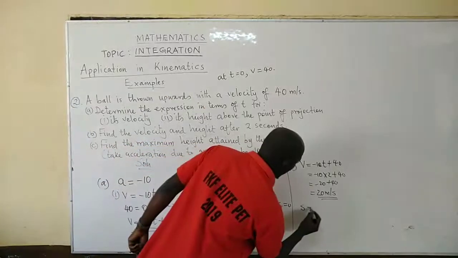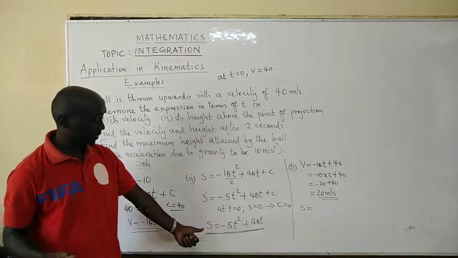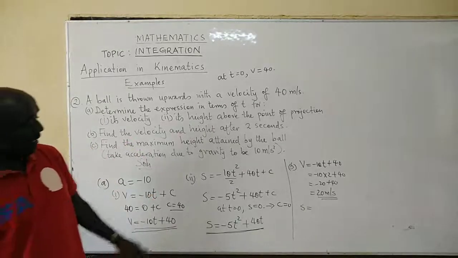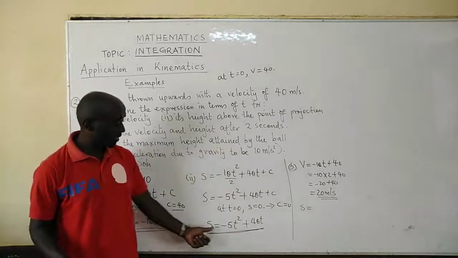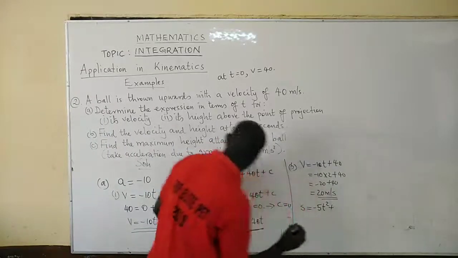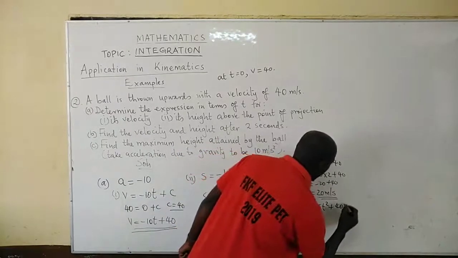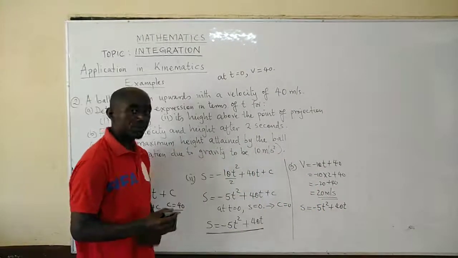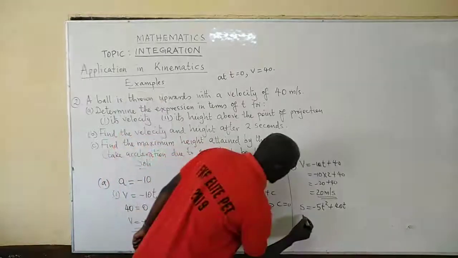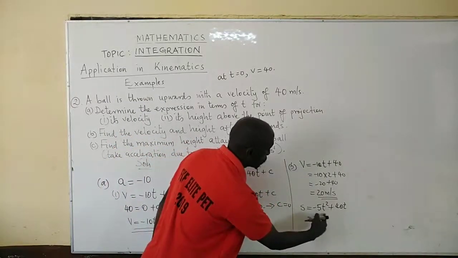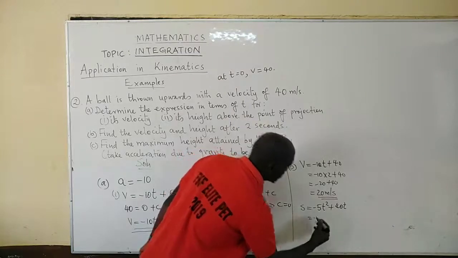Height, we have the expression for s here. So we use this expression for s to get the height. S is given as minus 5t squared plus 40t. Again, we replace t with 2 seconds. So we'll have s is equal to minus 5 times t squared, that is 2 squared is 4, 4 times negative 5 is negative